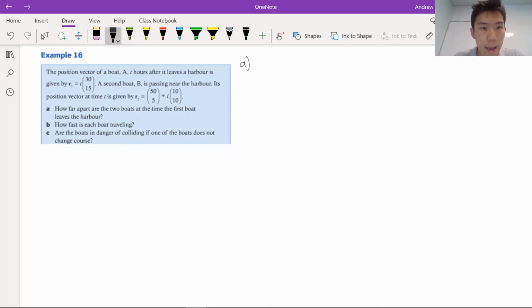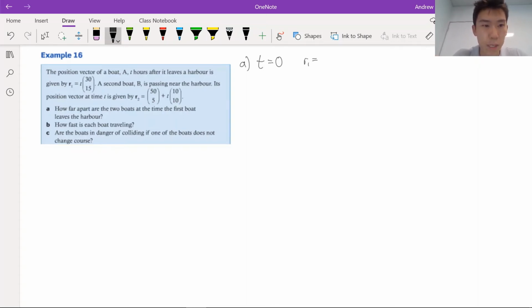So at the time the first boat leaves the harbor, well, we've been told t is the number of hours after it leaves the harbor. So as it leaves the harbor, it must be at t equals 0, right? So let's let t equal 0 and find out where the boats are when t equals 0. So at t equals 0,